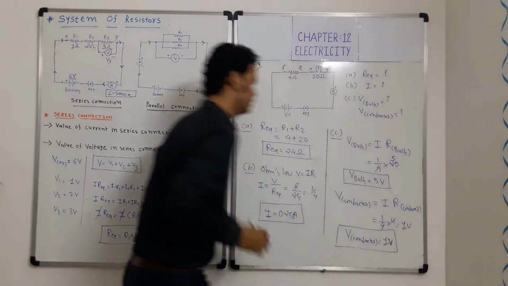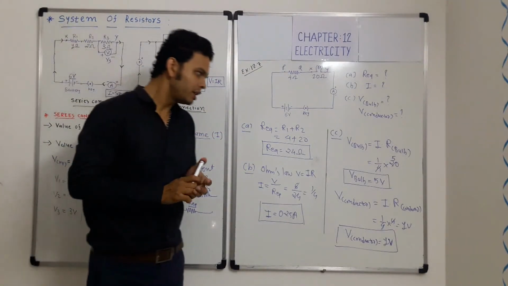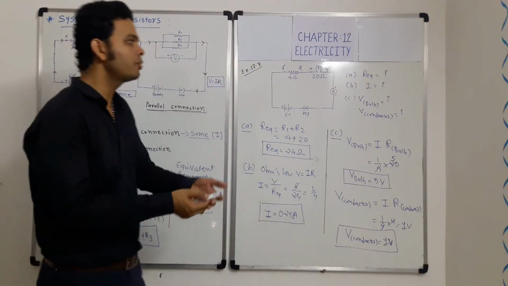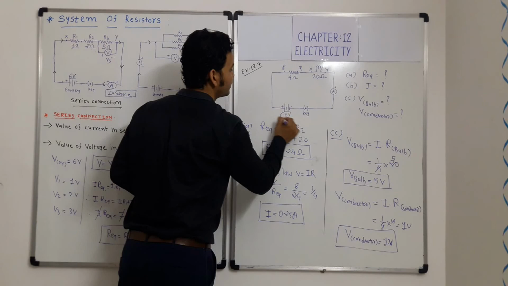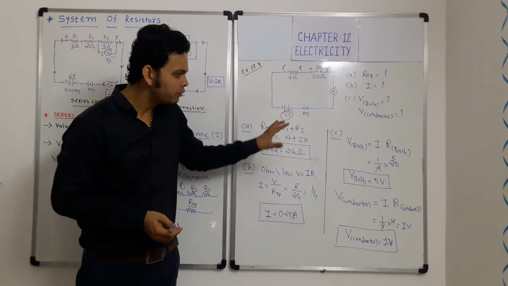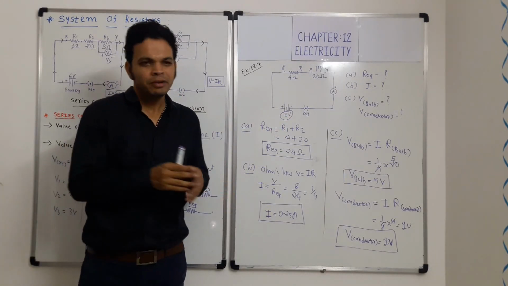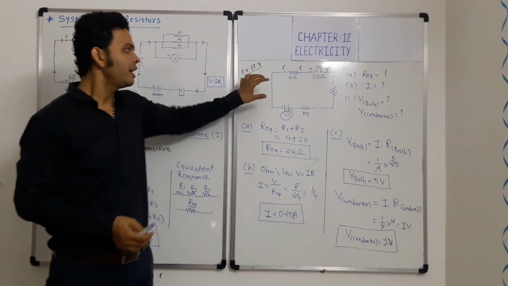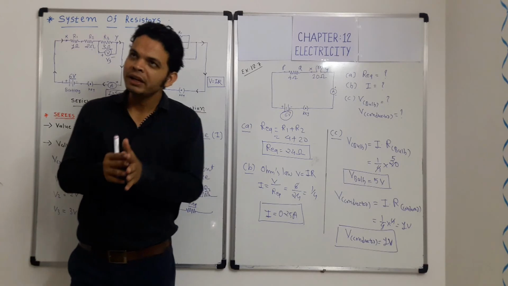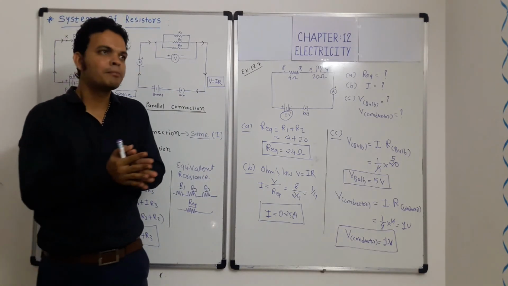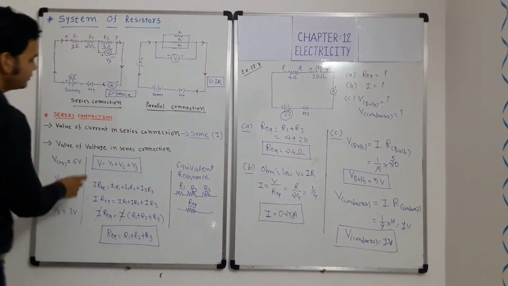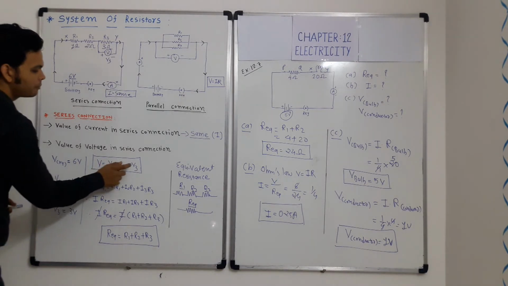Here you can see that the voltage across the bulb is 5 volt, the voltage across the conductor is 1 volt, so the sum total is 6 volt and our battery is producing 6 volt. So it is an indirect method to check whether the values we have received are correct or not. In other sums as well, if there are 5 to 6 components and let's say the battery voltage is 10 volt, the sum total of voltages across each component should be 10, and that's why the formula V is equal to V1 plus V2 plus V3 gets verified.